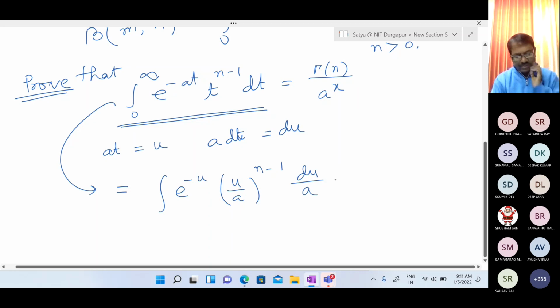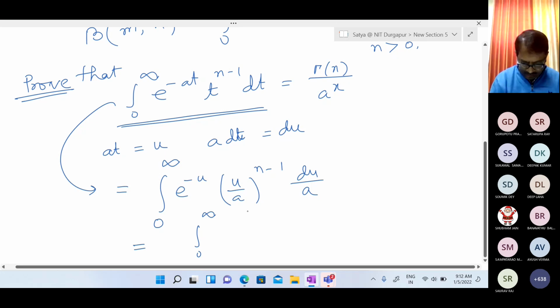For the limits, when t equals 0, u equals 0, and when t equals infinity, since a is a fixed constant, u equals infinity. So it is 0 to infinity. Now we try to simplify. This equals the integration over 0 to infinity